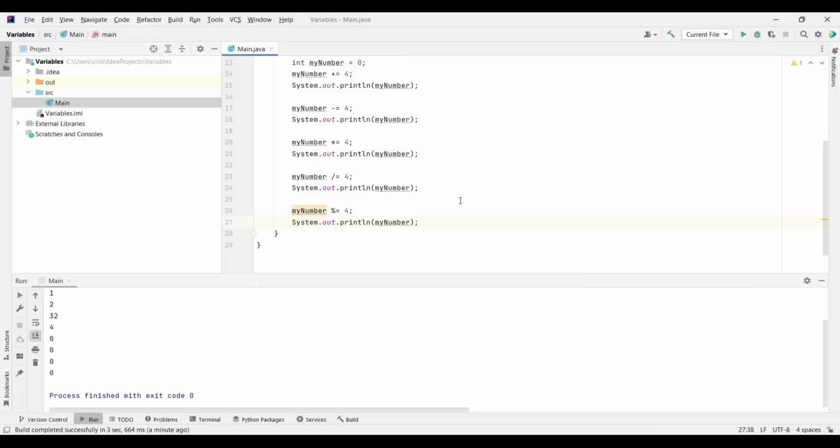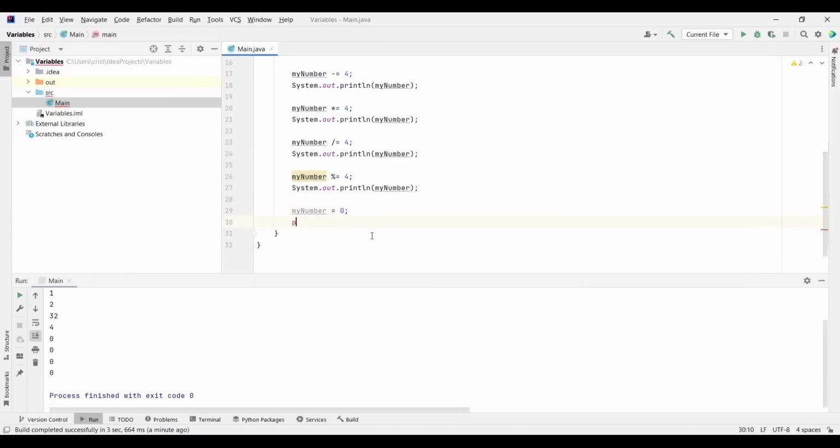Now you can also increment your variable just by 1 using what is called postfix and prefix incrementation. And to show you how that works, I'm going to type here my number. Let's type it down here and then let's reassign it. Let's put a value of 0. Actually it already has 0, but anyway, let's reassign 0 to it.